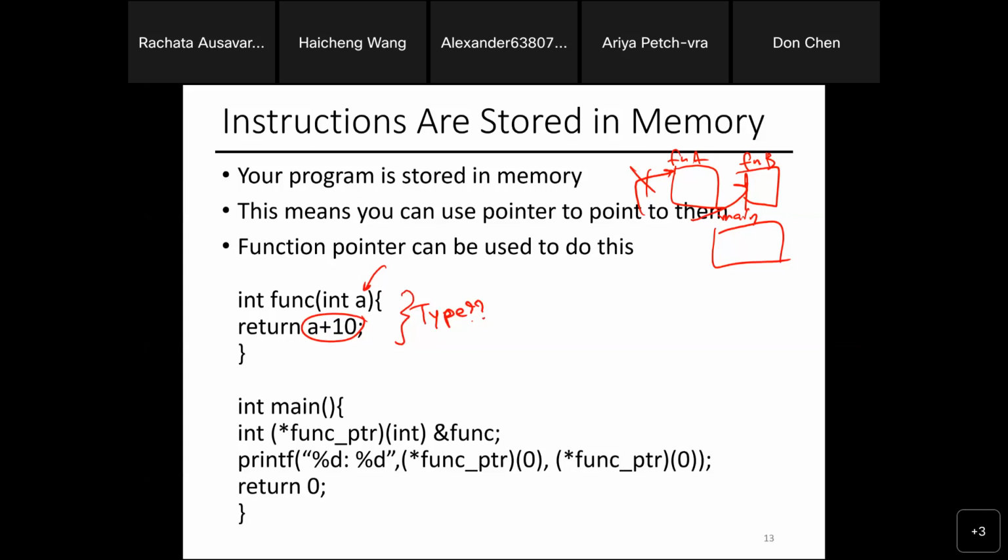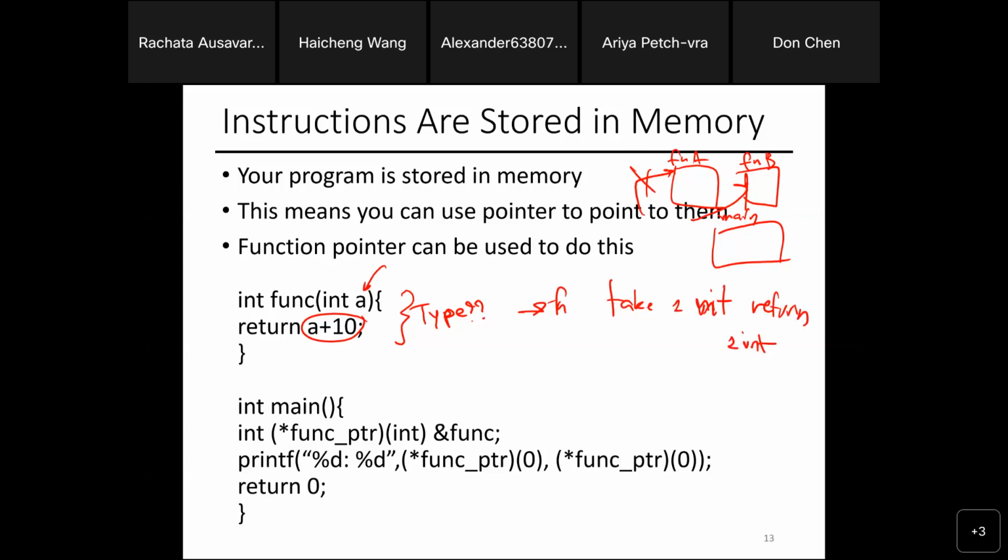The function pointer requires a little more information. In this case, it's a function that takes one integer and returns one integer. So that should be my type: a function that takes one int and returns one int.